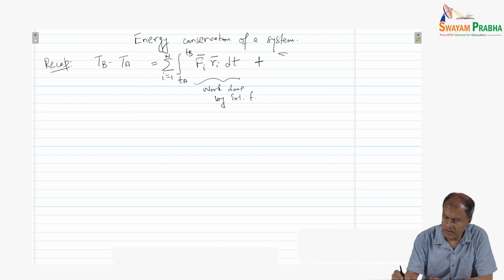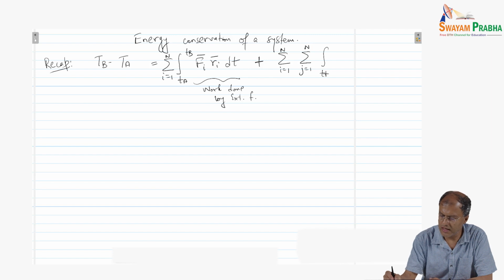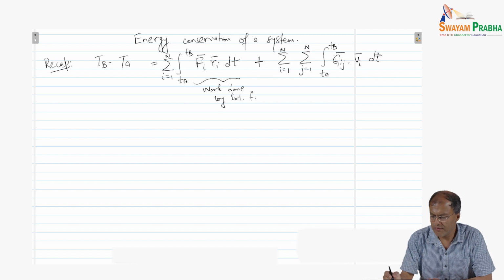So we have the summation i from 1 to n, and then we can sum j from 1 to n, and the integration from tA to tB of Gij · vi dt. Now notice that we have taken the summation to the full range, and